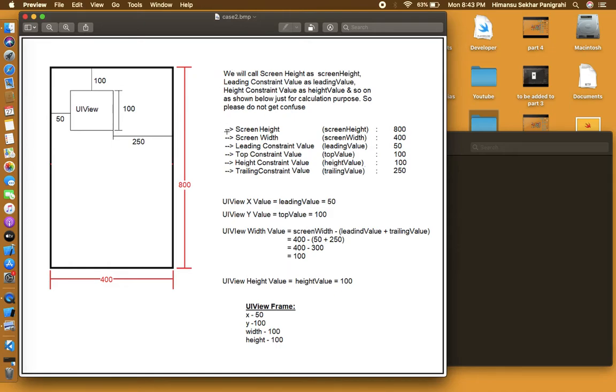See how I have mentioned the screen height. This is the name. Fine. Screen height, screen width, leading constant, top constant, height constant, trailing constant. This is the name, and I have just taken a simple name for them. Okay, screen height, leading value, top value. I have taken these so as to make this calculation easier, because we will use these names inside the